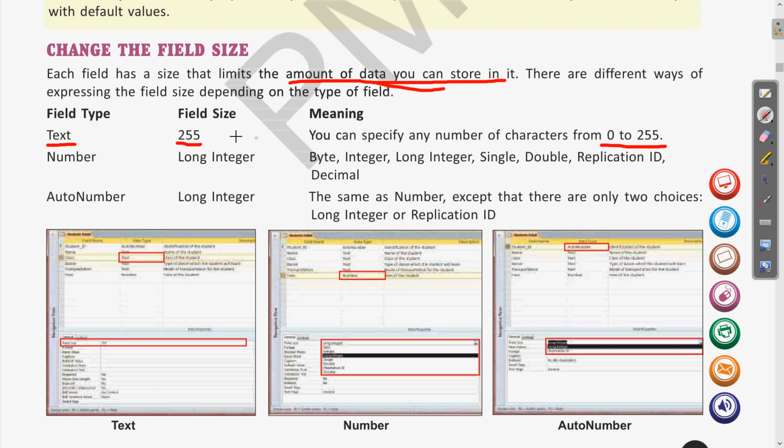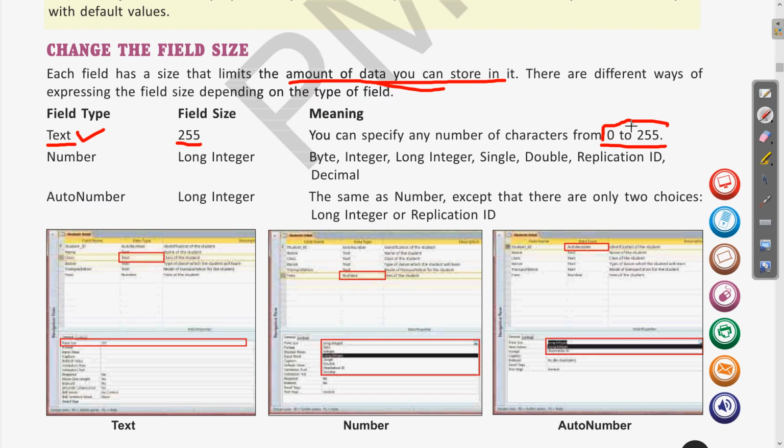So in the text data type, the limit is 255. If you are writing your name, suppose Aman, for saving Aman we can use the text as it is in the range of 0 to 255. It doesn't mean that only 255 will be chosen. Any characters in between 0 and 255 can be taken.